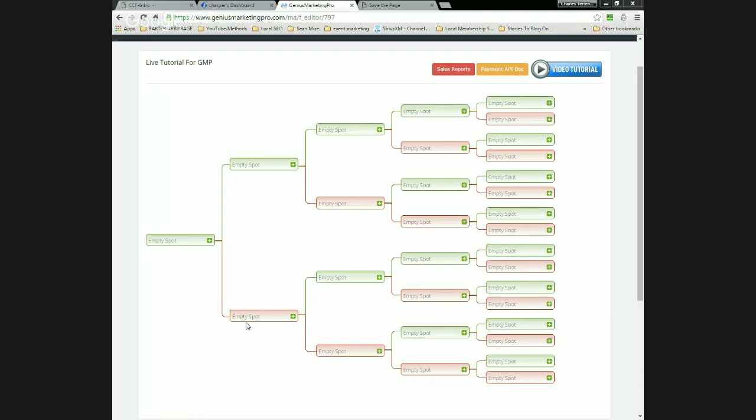So the opt-in might filter them out. The sale filters them out, because a person who opts in and a person who buys are often two different people. So you have to start by finding out who's willing to spend money, right? And so the first sale is actually a better filter once you get the opt-in. That's why you send them to the offer right away. You send them to the offer right away because you need to find out if they're just kicking the tires,